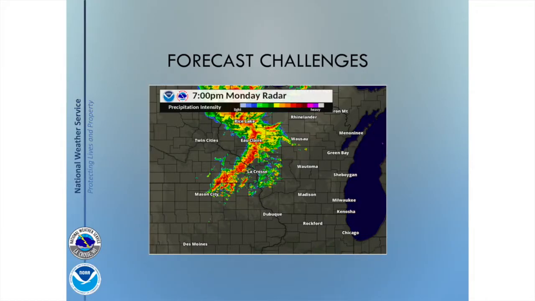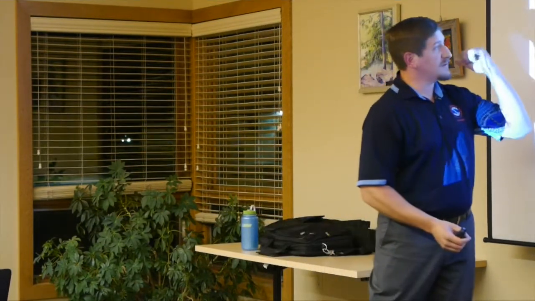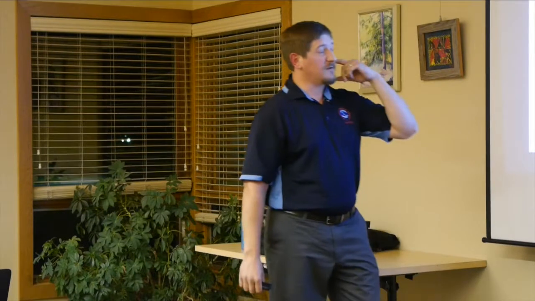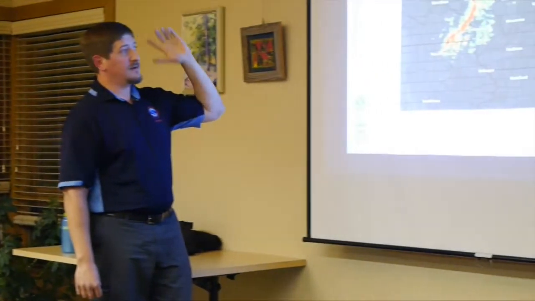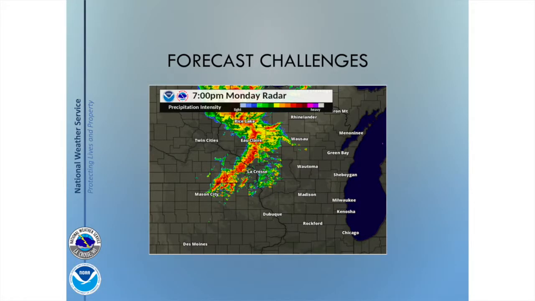Okay, so kind of adding on to that forecast challenge, I grabbed this, the evening, 7 p.m., what the radar looked like leading into our record flooding along the Kickapoo Valley and Coon Valley area. And this is what we were working with that evening. Line of severe thunderstorms. We had damaging winds with that. We knew there was a potential for a flash flood threat too as the night went on. The question was just exactly where does this line of storms decide to stop, just to stop progressing, stop moving, and start to actually the training or repeat thunderstorms.